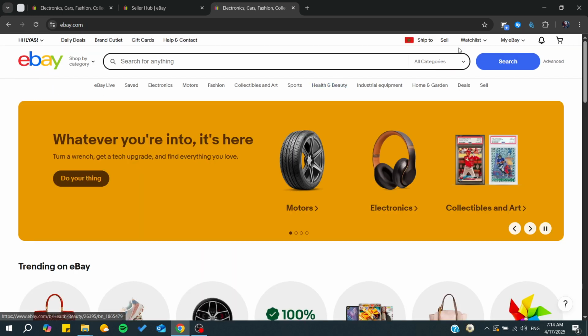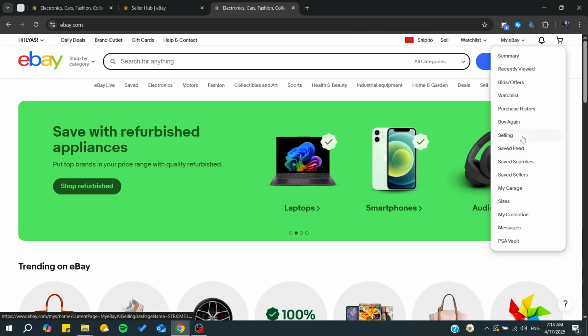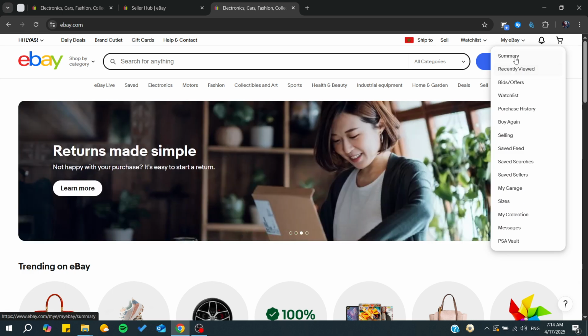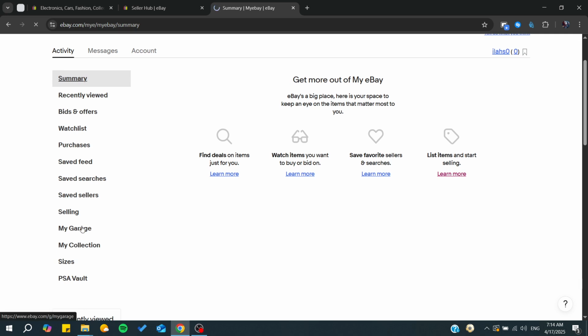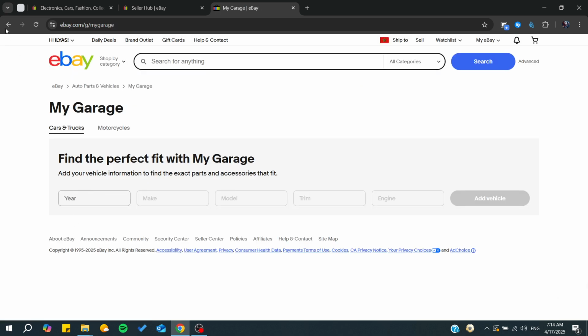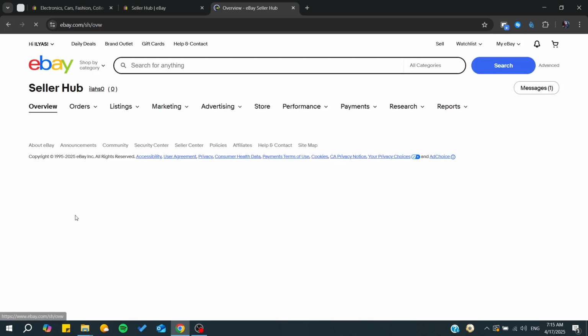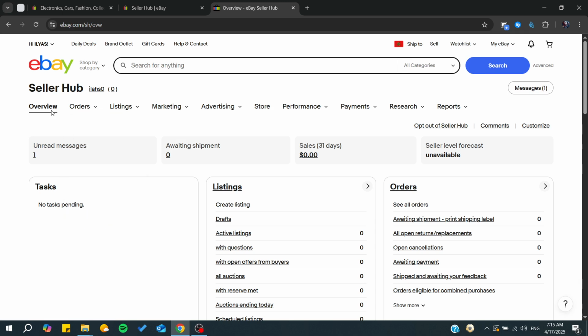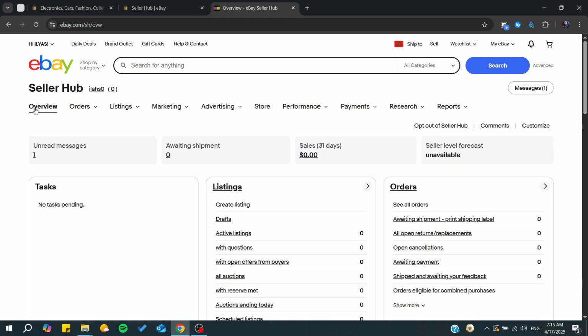Another way to do it, whenever you start, is that you might be able to do it from your my eBay, and here you will find the summary. There you will find my garage where you can find all your stuff, and basically we'd like to go to selling. And as you can see, whenever you go to selling now, you will be able to go directly to the seller hub since you already started using it. So you can simply go to my eBay and click here on the selling, and it will take you to